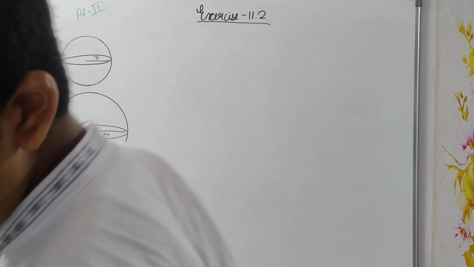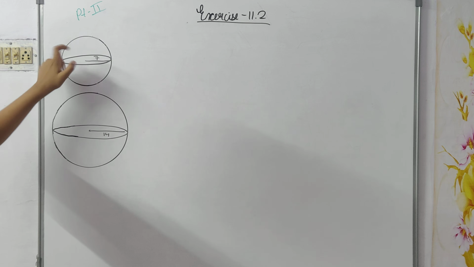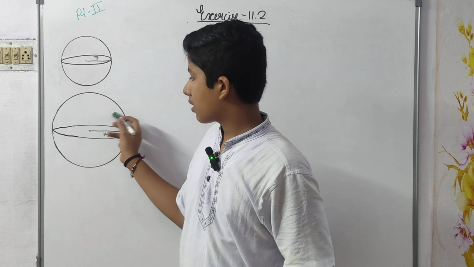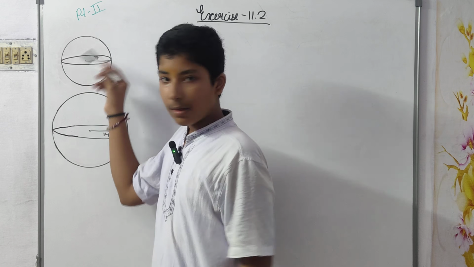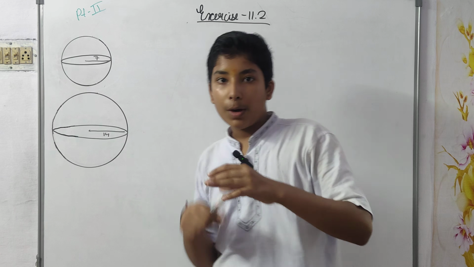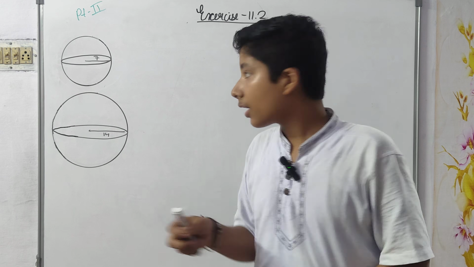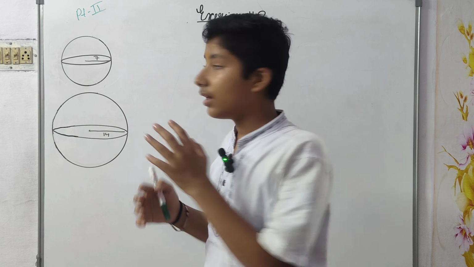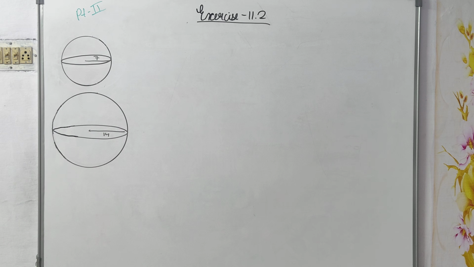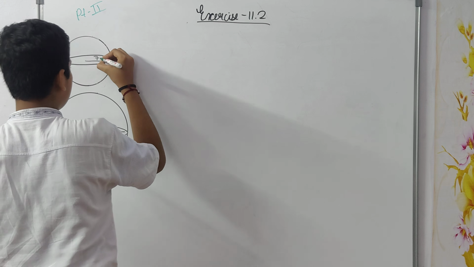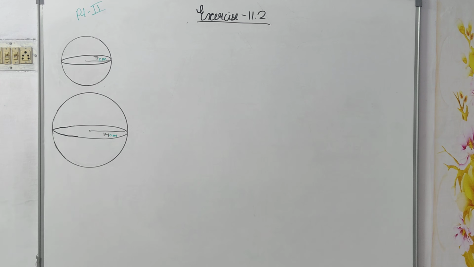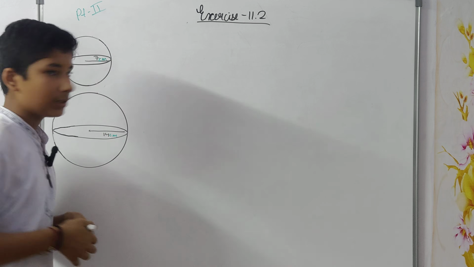Okay, so now in the fourth question it is given that there is a circle. No, it is not a circle, it's a sphere. Okay, so here is a spherical balloon. Air was pumped into it, and while its radius was 7, it became 14. And what units? Centimeter. Okay, now I'm taking a blue marker to solve.